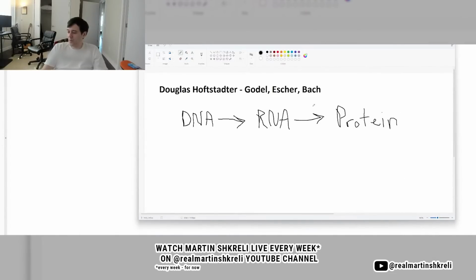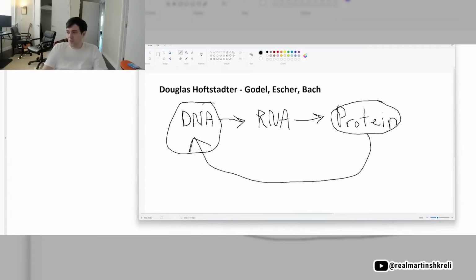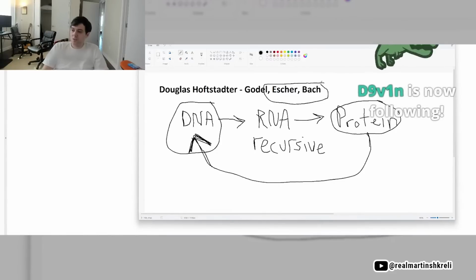basically this idea that when some of these proteins are related to helping DNA replicate and maintaining their status. So there's this feedback loop that's very interesting, right? There are proteins that help DNA replicate, and those proteins are created by the very DNA. So some people call this recursive in computer science. There's a lot of concepts like this in art and music, which is why it's called